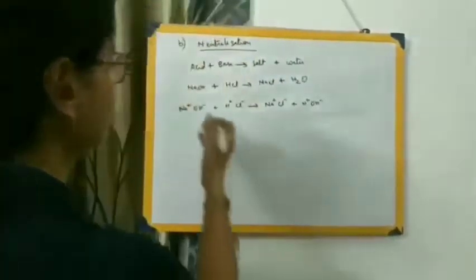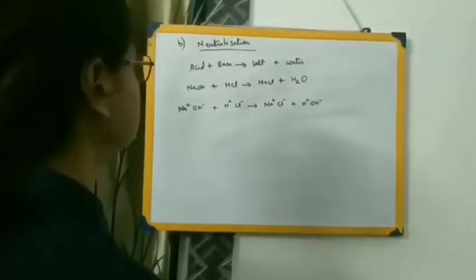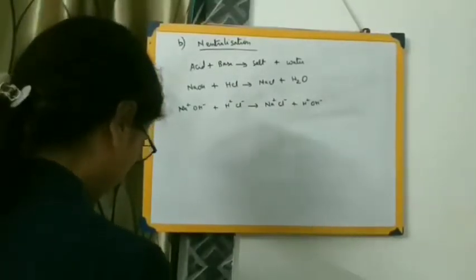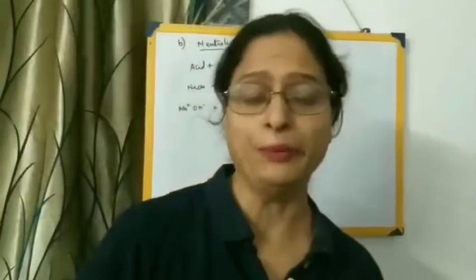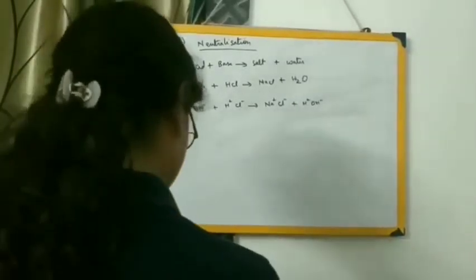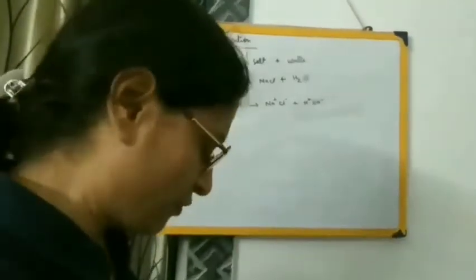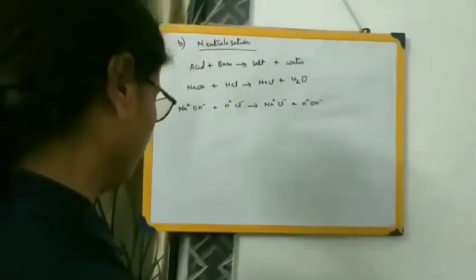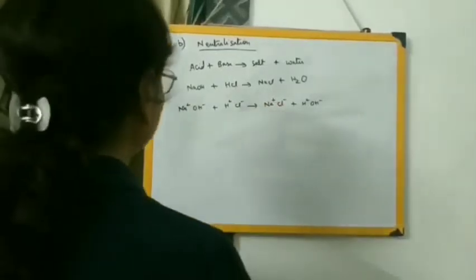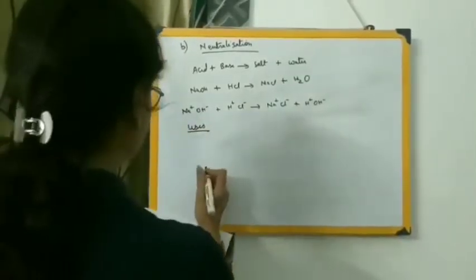So here also two compounds are breaking up and mutually exchanging their radicals. So it is a type of double decomposition reaction. And neutralization reactions are very, very important, and we find wide applications and various uses of the neutralization reaction even in our day-to-day life. Some of the decomposition reactions also take place by the evolution of a gas. Now first let me tell you the uses or applications of the neutralization reaction.